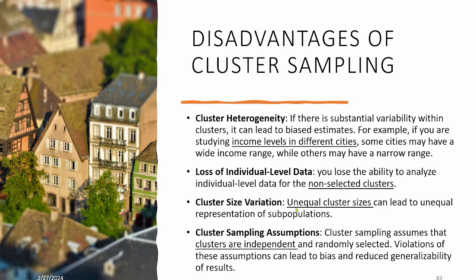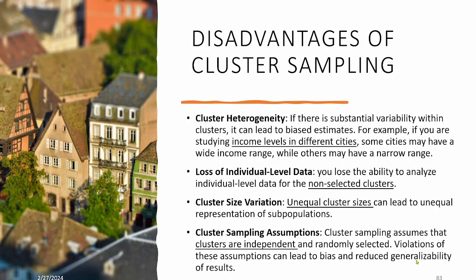Cluster size variation is another factor. Unequal clusters can lead to data imbalances, so we have to make sure the cluster sizes are equal. Cluster sampling assumes that the clusters are independent. Here we have 20 clusters and we assume that these clusters have nothing to do with each other, so they are independent. If that is not so, and there is dependency, then the sampling would be somewhat erroneous,